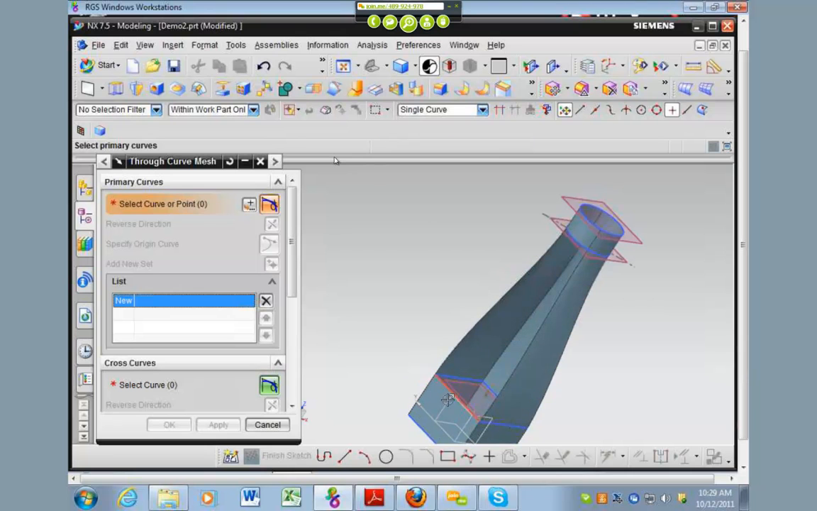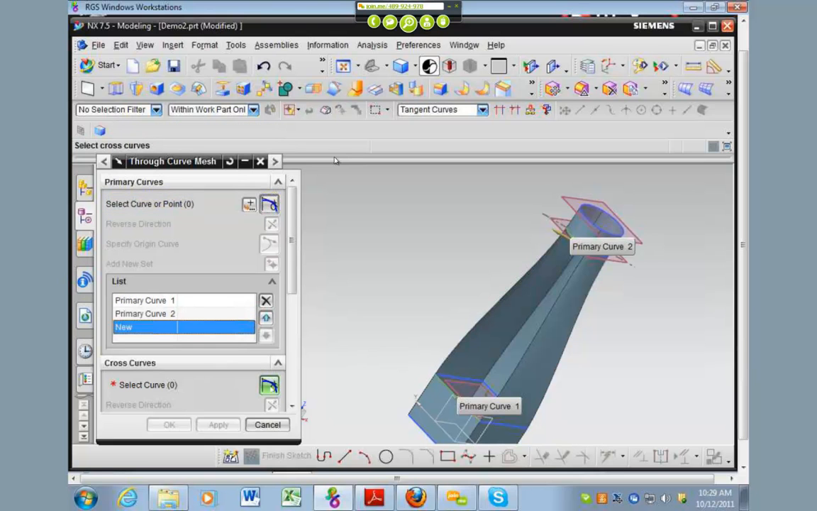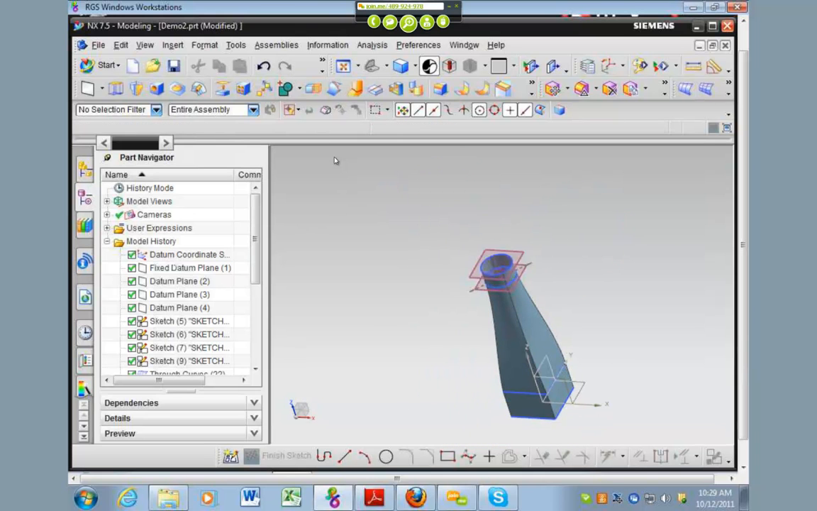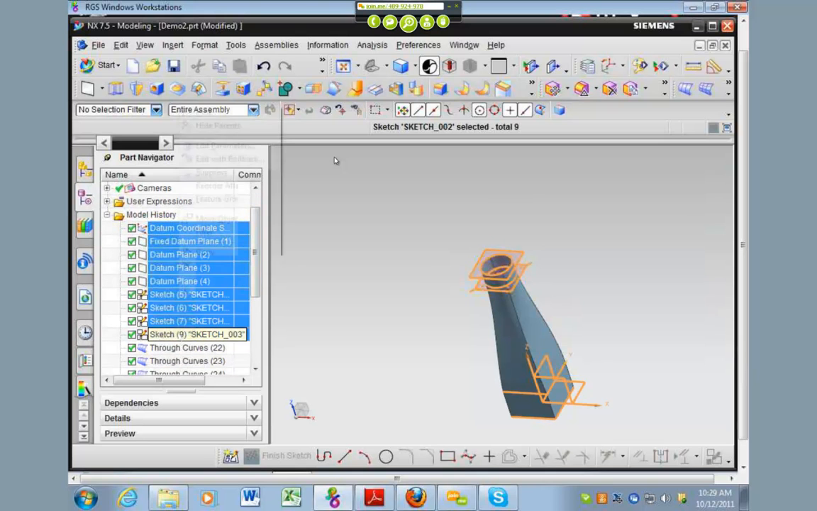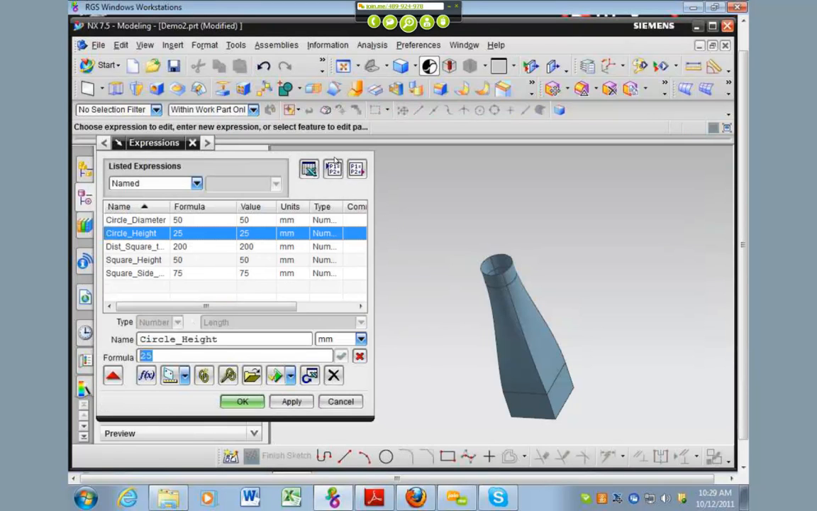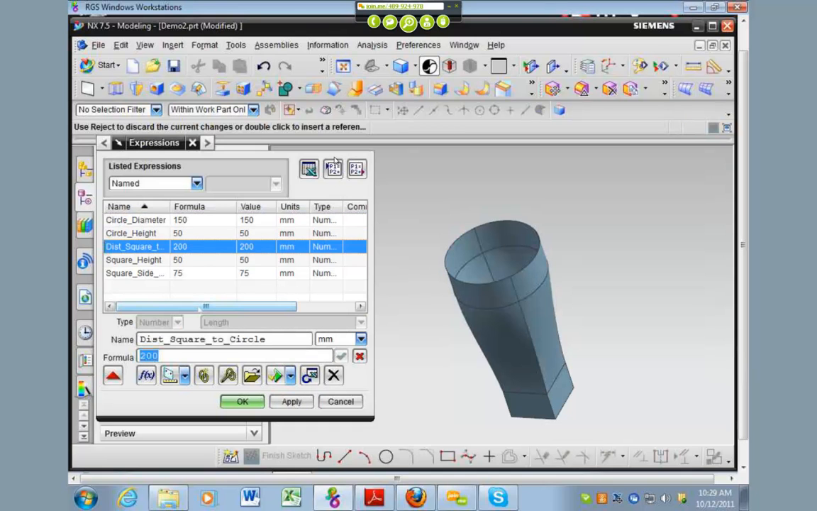So yeah, we just do one more here. So we go from here to there with the cross curve of this guy and this guy. And so there we have our shape. Now we can hide all these. If we change our expressions, like circle height, if we change that to 50, that should make that longer. We can change the circle diameter to 75, and everything will stretch there. We could even make that 150, and we could make this distance to be 50,